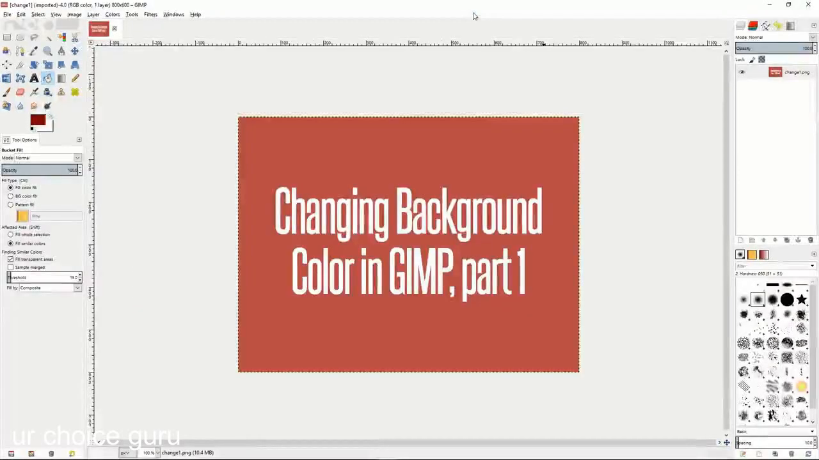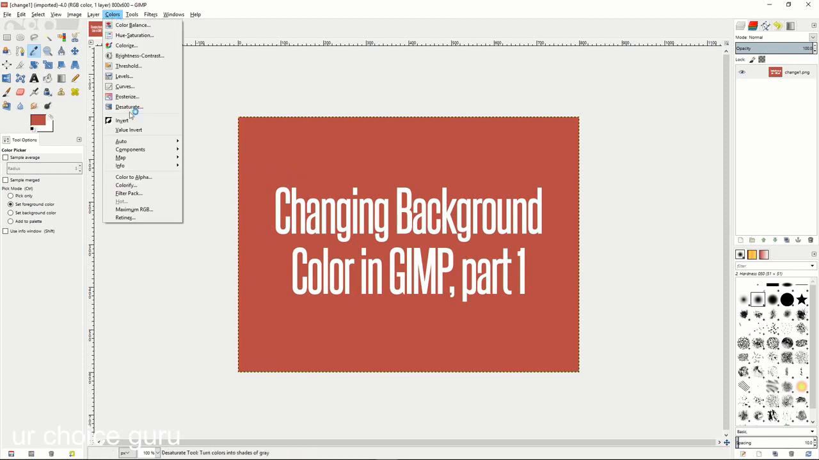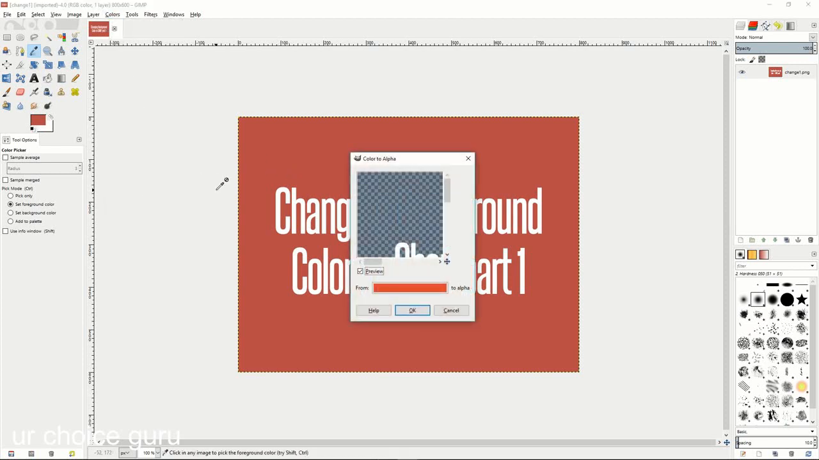Welcome to the next tutorial in GIMP. This is a very quick tutorial, part 1, about changing background color in GIMP. It's actually a very quick way to do this in GIMP, especially if you have an image that already has a background color you'd like to remove. So the fastest way to change the color in your background is go up to Colors, Color to Alpha, and then